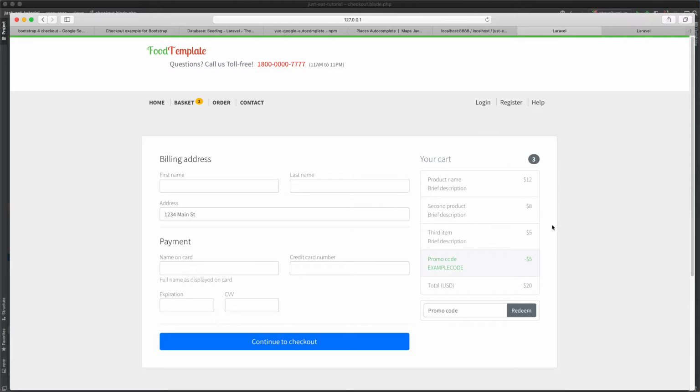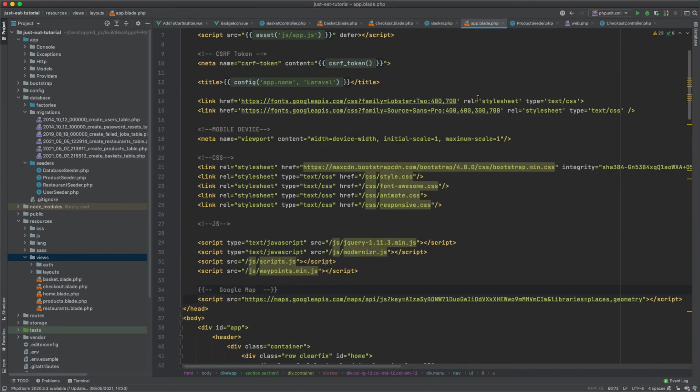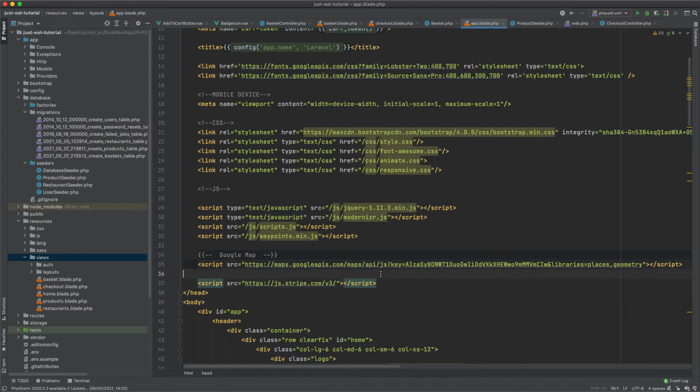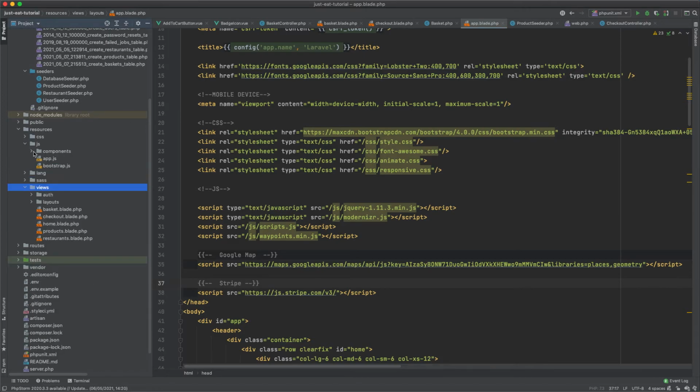So this on the right side will be a component, or we can inject this in this template. Let me think about it. Okay guys, let's go ahead and replace this with a Stripe form. First of all I will go to the blade here and include the Stripe library in here. So this is for Stripe and this is for Google. Because we have just 3 or 4 minutes, I will make a new component in here